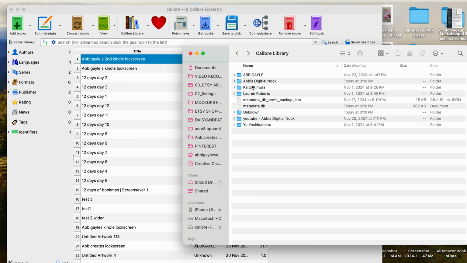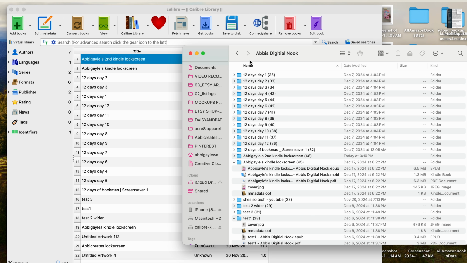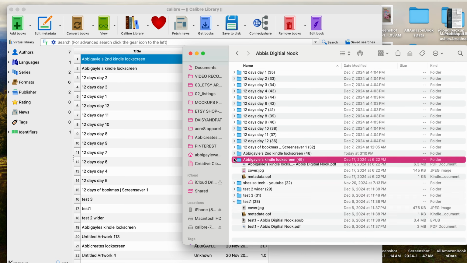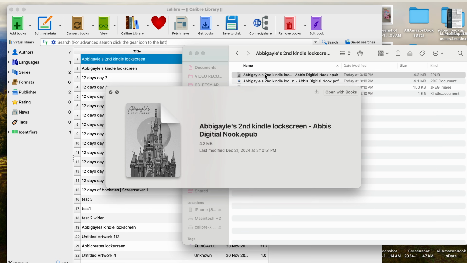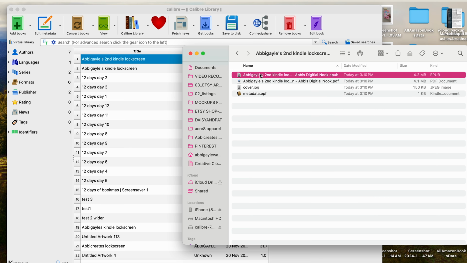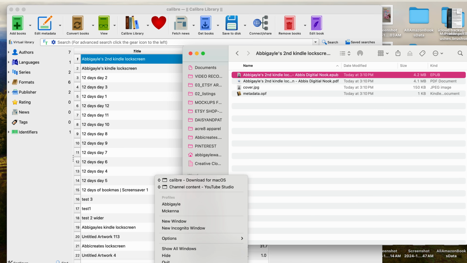I've named it as Abby's Digital Nook, which you guys saw me do. So just select that, and then that's where I keep all my screensavers and lock screens. So I just hit that, and then I can see my EPUB if I press the space bar. So now all I have to do is take this EPUB file and go over to